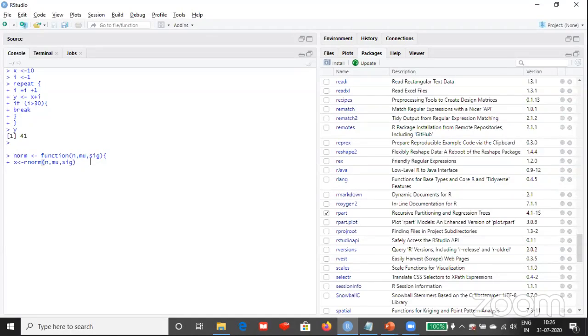Okay, so we'll see this, what is rnorm. This we'll see in probability. I'll show you, don't worry about it. We'll show it in probability. So this is your random normal. Okay, and then we'll use your dnorm for y, which is your